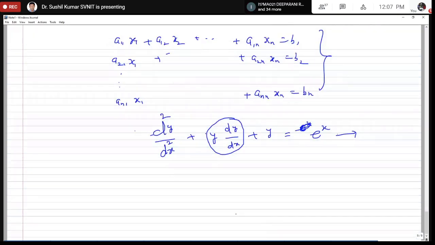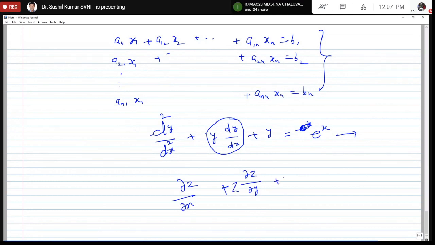In the case of PDE, if you have this equation, del z over del x plus del z over del y into z plus z equal to, let's say, some function of x and y, is it linear or non-linear? It is non-linear due to this term. Because here z is the dependent variable, and x and y are independent variables. So here we have multiplication of z and its derivative.